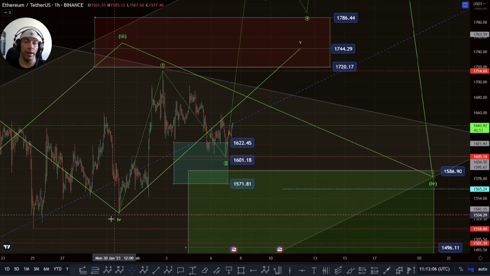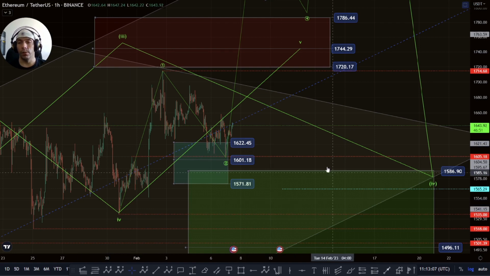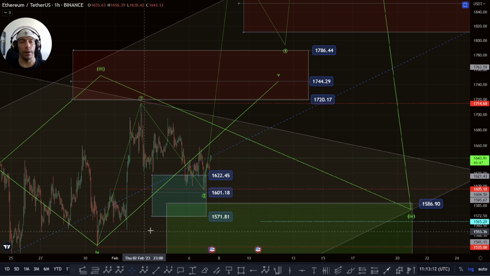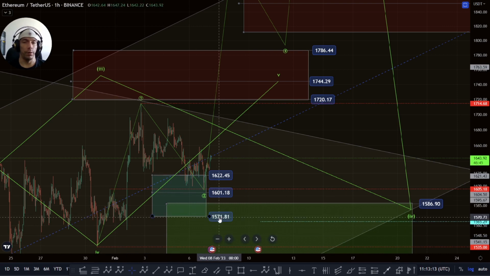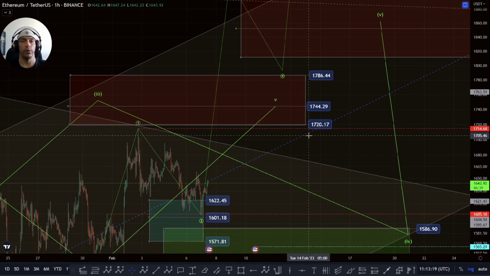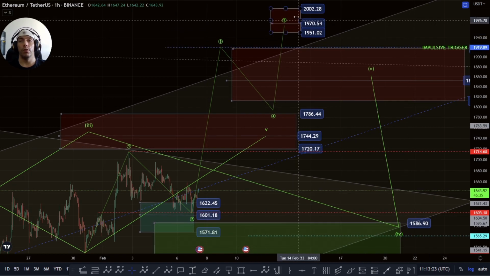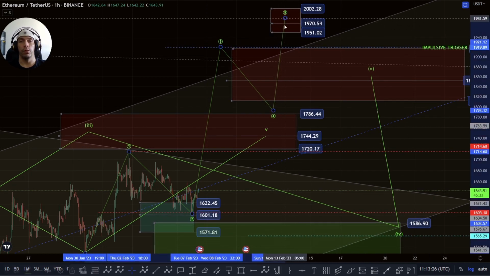But specifically this one marked here, this 1535 would actually invalidate this. And we wouldn't really want to come down much lower than this 1571 anyway. Once we start to get into this zone, it actually makes it very unlikely that we are following this structure. So confirmation would be this 1919 area, which could mean that we have a push up here towards this $2,000